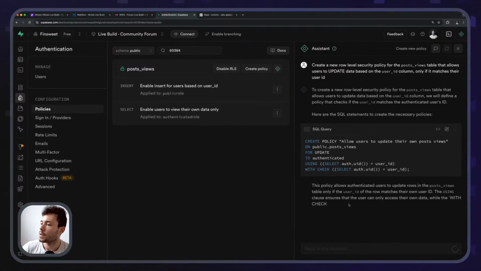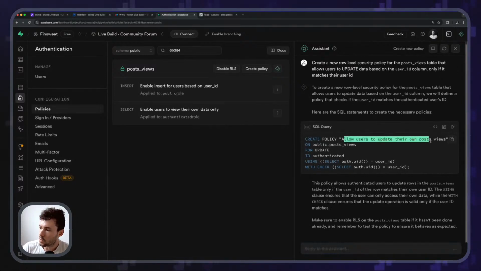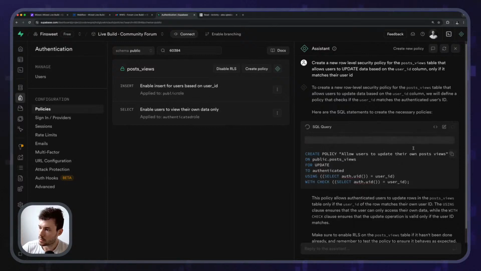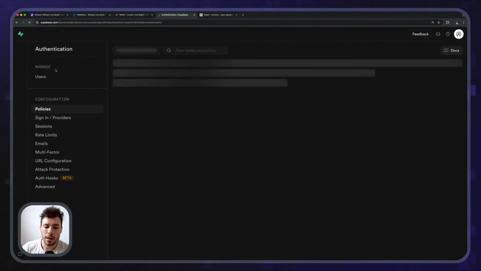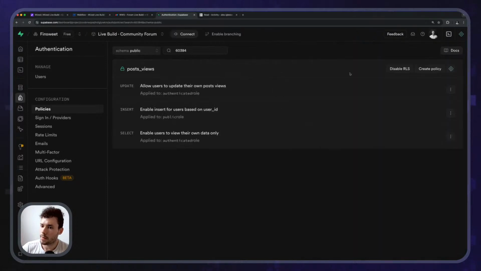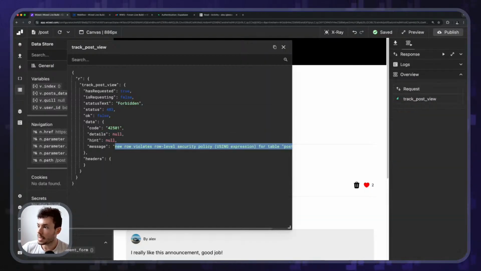Like that. So it creates a policy, allow users to update their own post views. Yes, post views for update to authenticated. Yes, using this with this check. Yes. Let's run this query. Boom. And I think that should solve it. Yeah, like that. So if we try to call this again,